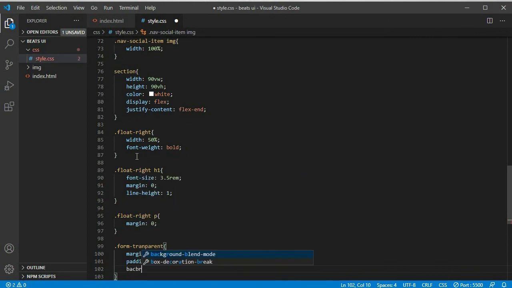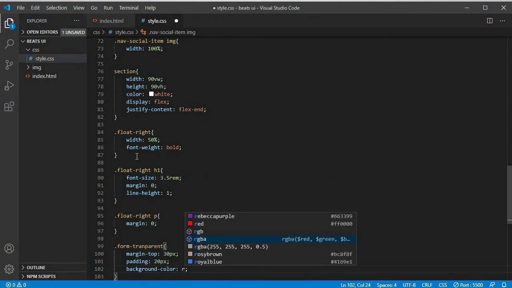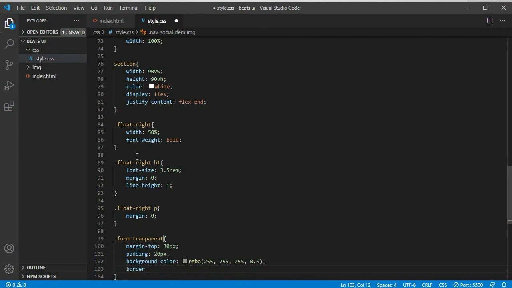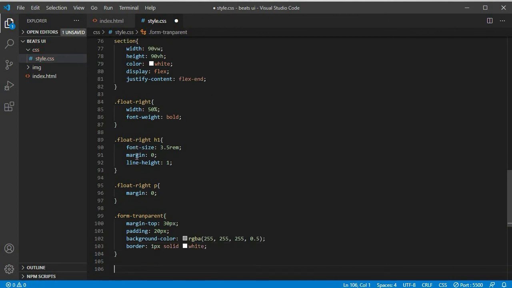Want to set the background color to RGBA 0.5, and want to set the border to 1 pixel solid white. So let's not forget our colon. Okay, target everything in the form block class. So we say form block